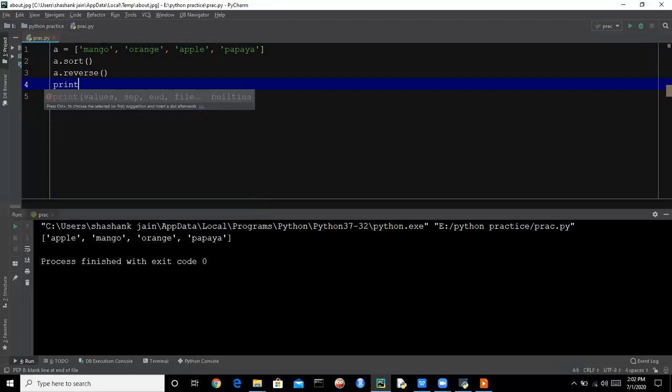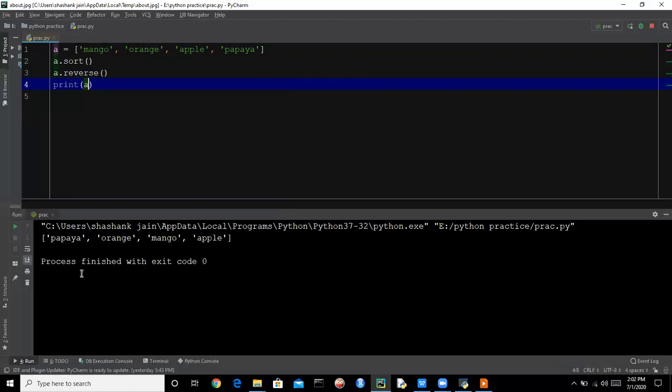So let's print A. So the list is now in descending order. For printing a list in descending order, we can use the sort function and then the reverse function. So that was all about list methods and list manipulation.